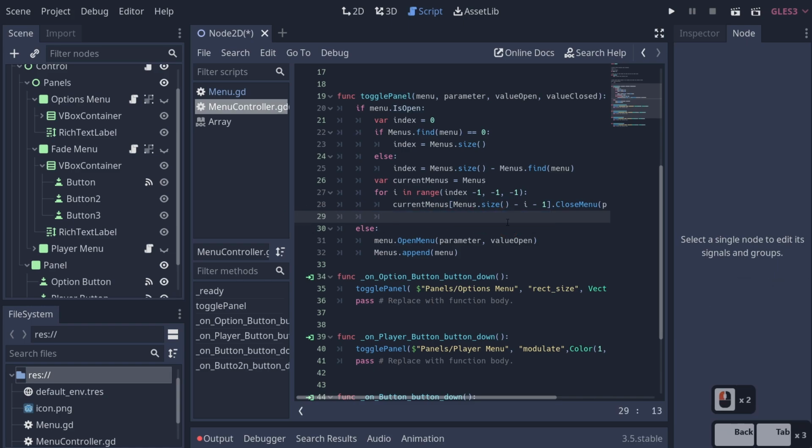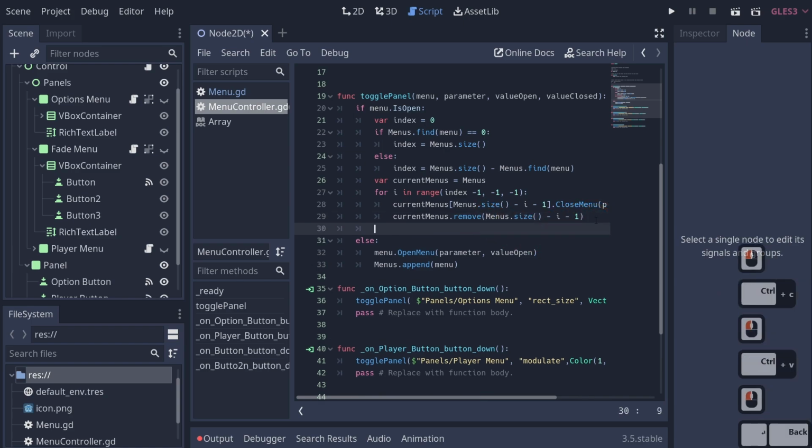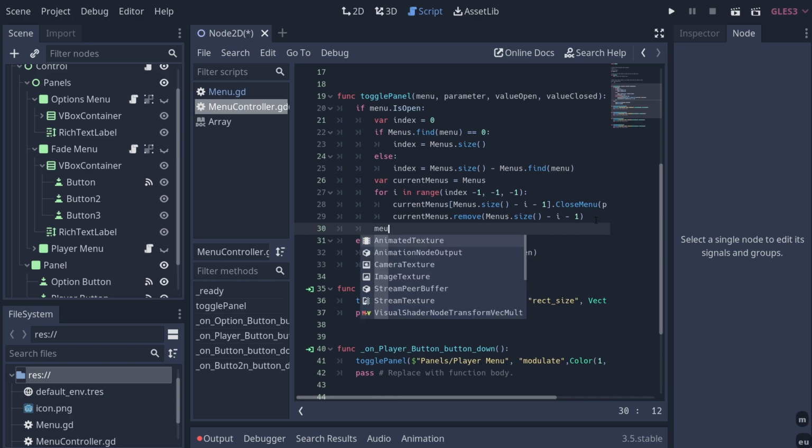And we need to remove our menu from our actual array. So we'll say current menus.remove, and then we'll basically just grab this bit of code here so it maintains consistency right there. And then once we're done with our entire closing, we need to set our menus equal to our current menu. So we'll say menus